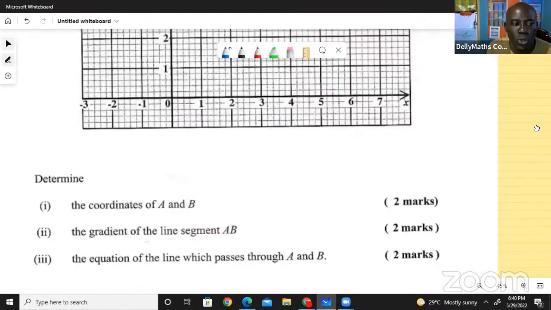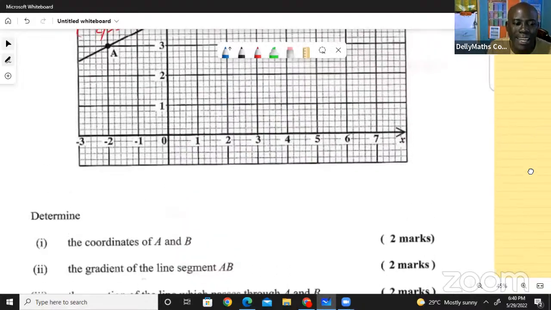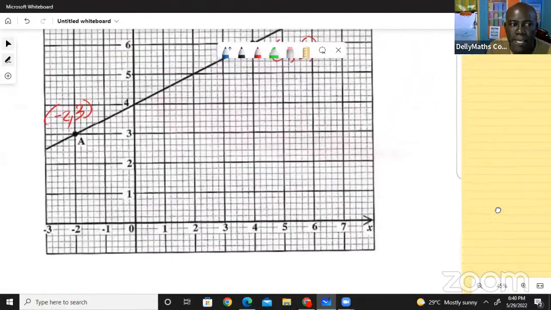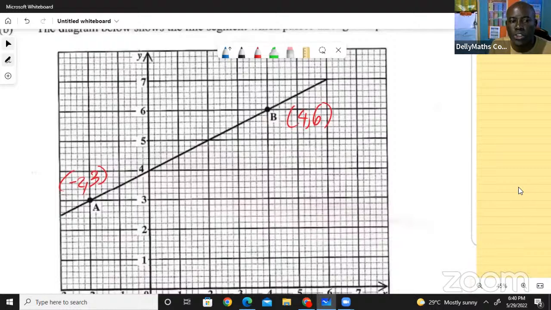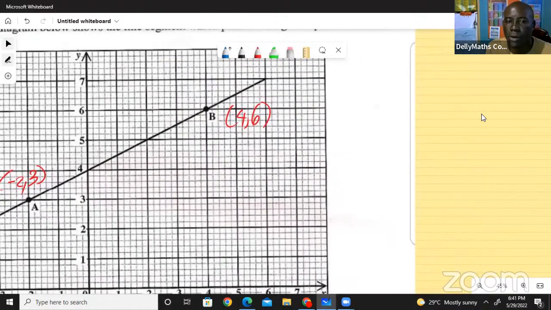Now we're asked to determine the gradient of the line segment AB. Now you have the coordinates for AB. I'm going to show you a quick counting method. So let us do 2 ways. So we're talking about the gradient. Let's push this a little bit to the side. Gradient